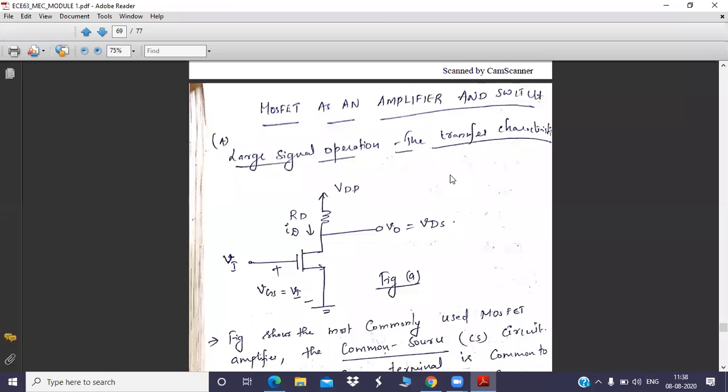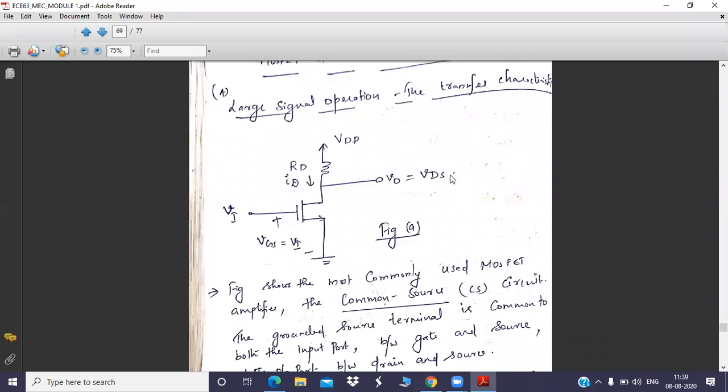So this is a basic MOSFET device operating in common source configuration. As you can see, the source is common to both the input and output circuit. Here Vi is the input signal which is to be amplified, and you have a gate to source voltage VGS. This is not a complicated circuit. It is a very simple circuit. You don't have any biasing circuit as such; I have taken the MOSFET and aligned it in common source.